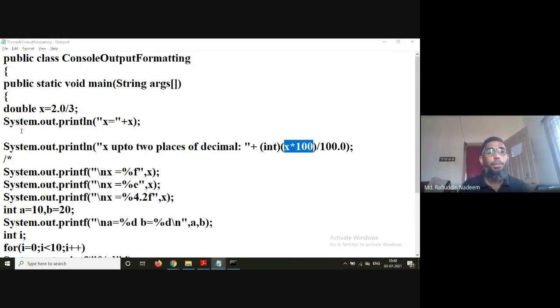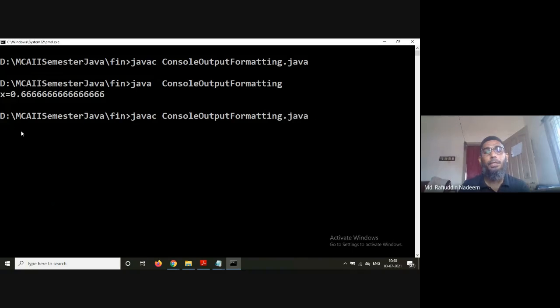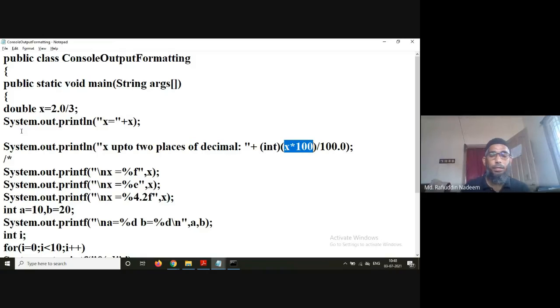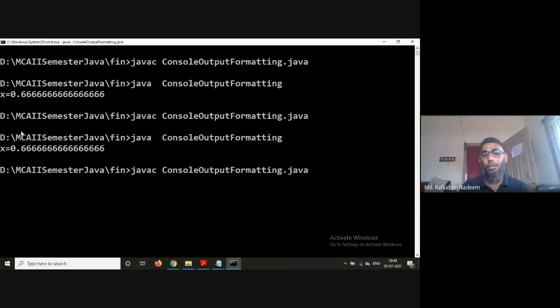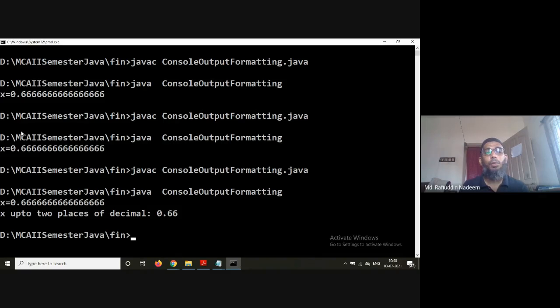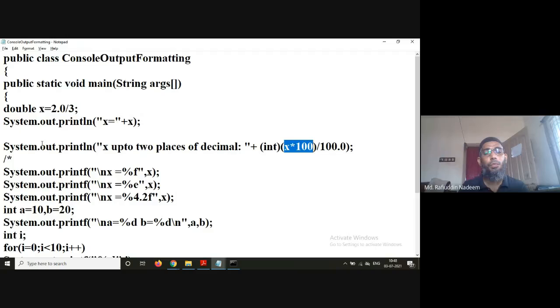Just to print it, confining it to 2 decimal places, up to 2 decimal places it is 0.66. Means if you are not having this 4.2f, we have to do all this stuff here.